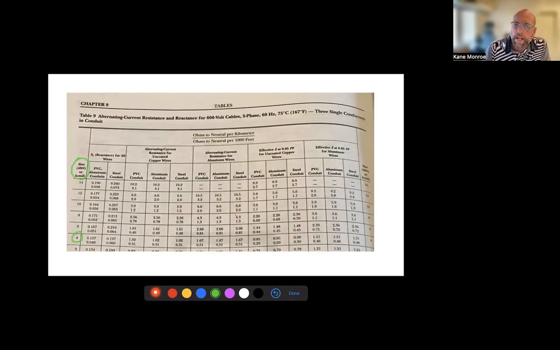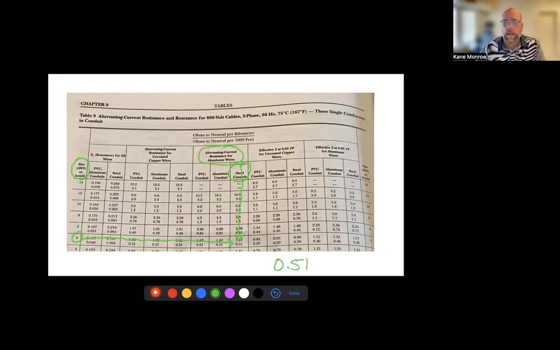We're looking at AC resistance for aluminum wire. So we'll be using this. And then steel. It's asking for a steel conduit, I'm sorry. I apologize if I've been saying conductor instead of conduit. And then we're looking for number 4. So we follow this all the way over to here. Come down here. And our answer is